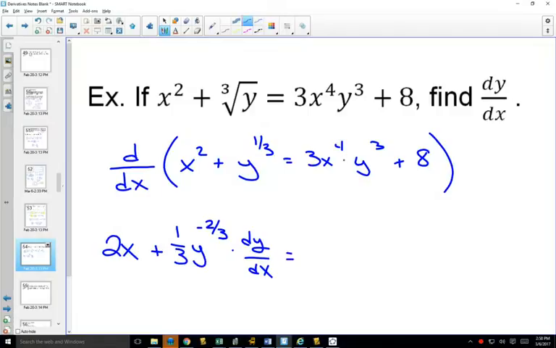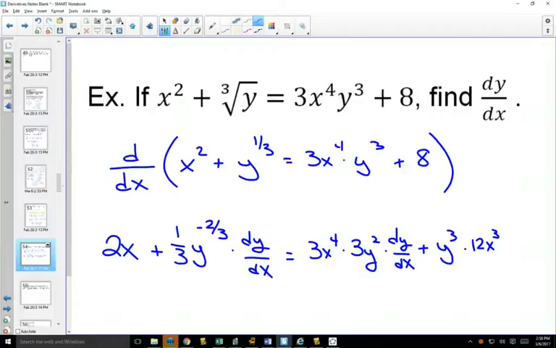In the next term, you have two functions multiplied together, so you're going to have your product rule. Your product rule says keep one the same. So if I keep the first one the same, multiply by the derivative of the second one, well, that would be 3y squared, but every time you do a derivative with y, you multiply because of the chain rule by dy/dx, plus, now keep the second one the same, multiply by the derivative of the first one. Now when we do the derivative of this first one, there's no y, so you don't multiply by dy/dx